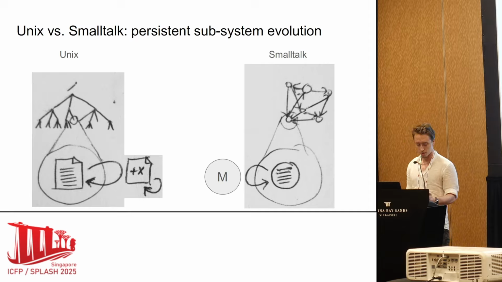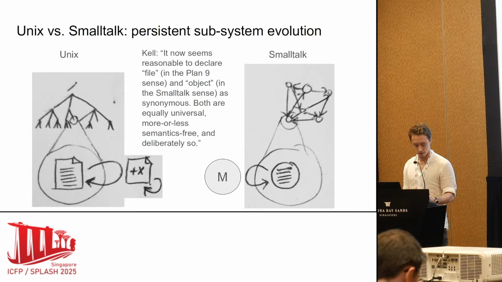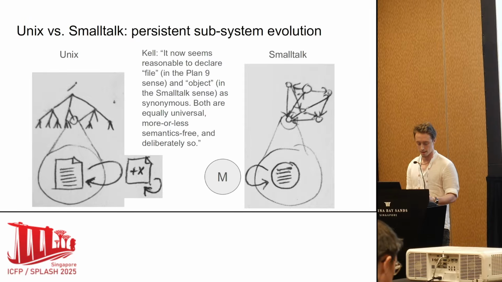So with this picture so far, Unix and Smalltalk appear to share the same abstract structure in their persistent state. They both have a unit of state, the file or the object, and they both have a unit of change, which is just a unit of state which is marked as something special, an executable file or a method object. And so far this is in agreement with Stephen Kell's analysis. But in order to get to this conclusion, we had to mention processes and method activations, which aren't part of the persistent state. So let's continue our comparison there and see if things continue to line up.